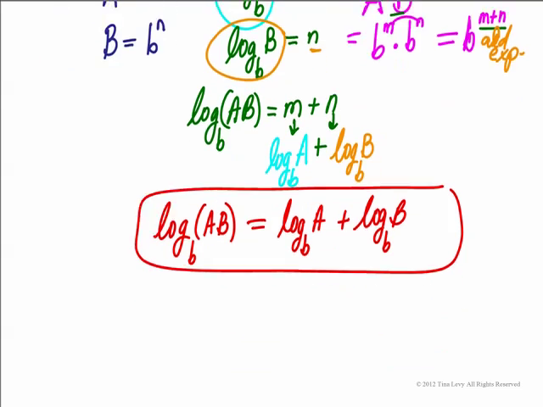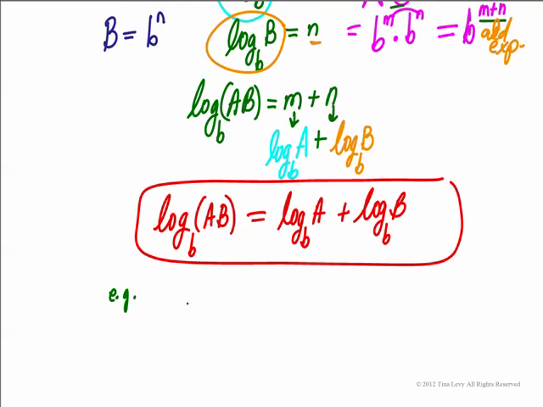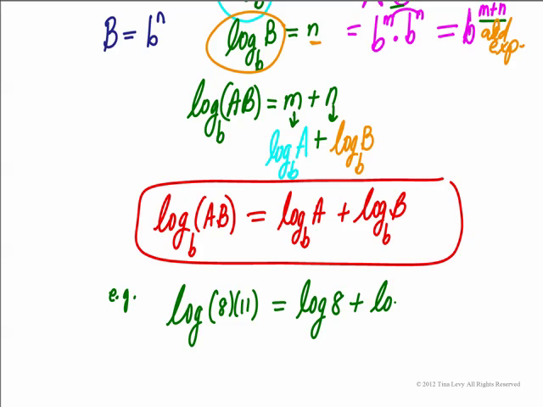As an example, so it becomes a little more concrete, if I said log of 8 times 11, and because I'm saying log without a base, it's understood the base is 10. According to this, it would be the log of 8 plus the log of 11. We can do this because we have our calculator. This is a log, which is known, base 10 is a common log. So the log of 88, I can work this through with my calculator,